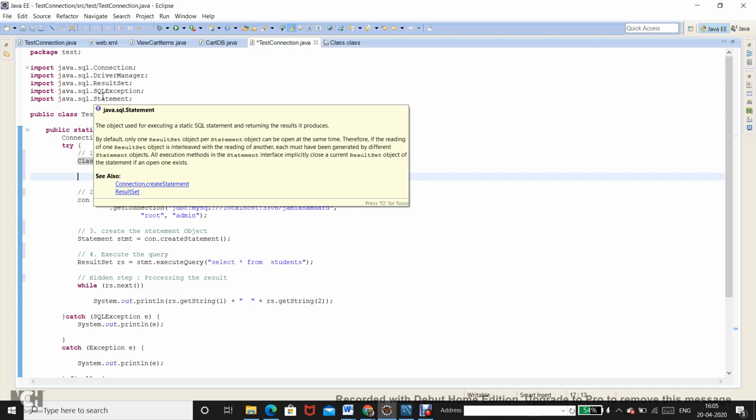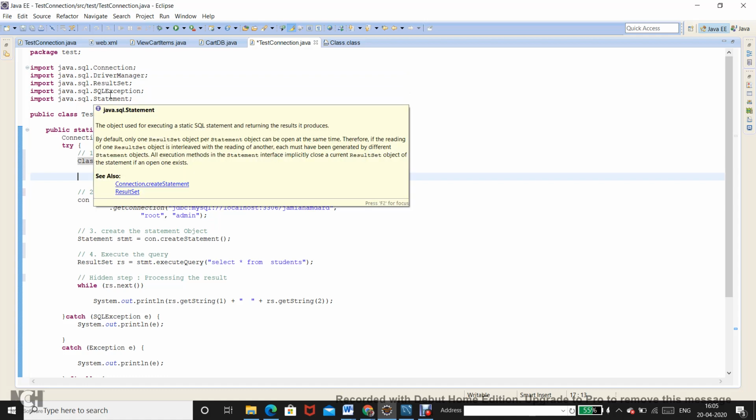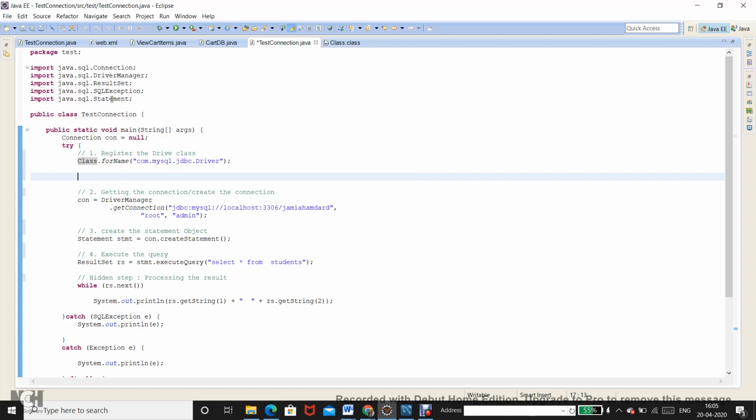So it works like a tree. You start with TestConnection. It will first look for all the imports in TestConnection, and the class loader is going to load the definitions of Connection, DriverManager, ResultSet, SQLException, Statement, everything over there. It will load the definition of TestConnection itself: what methods it has, what variables it has, everything will be loaded.